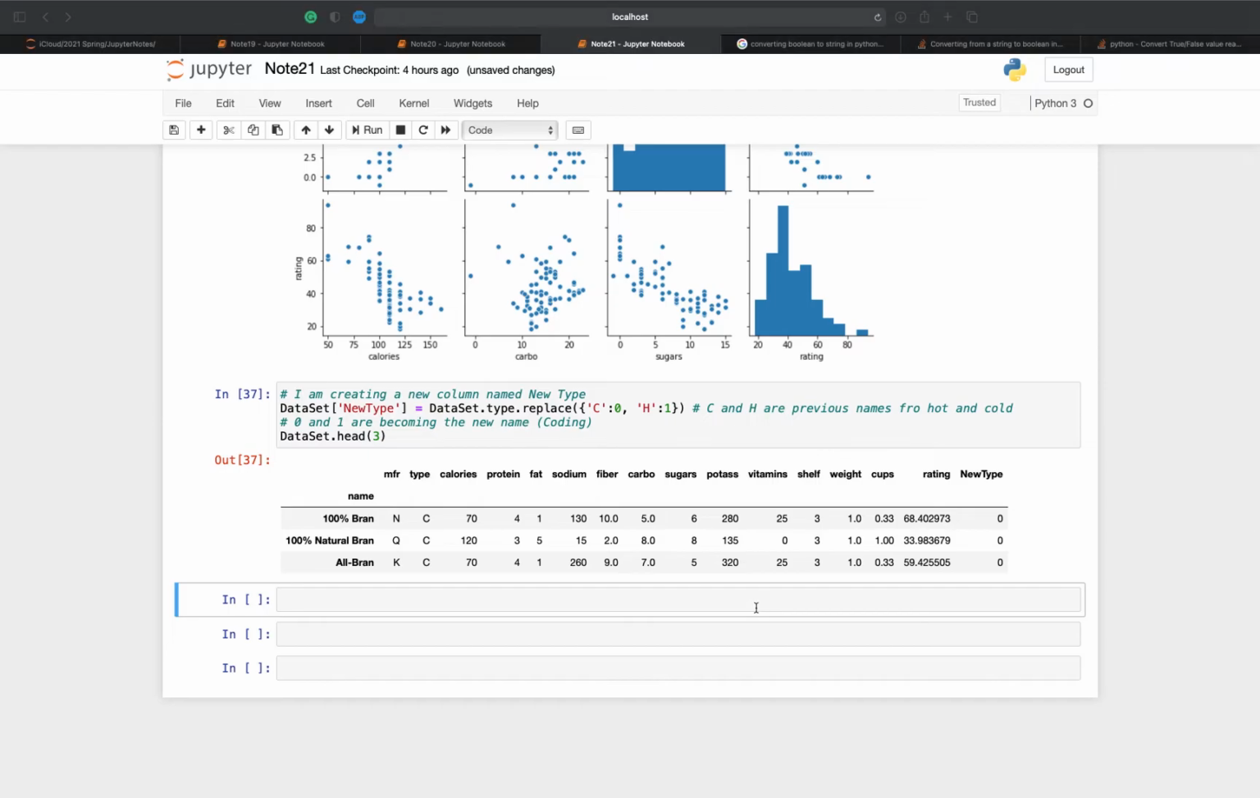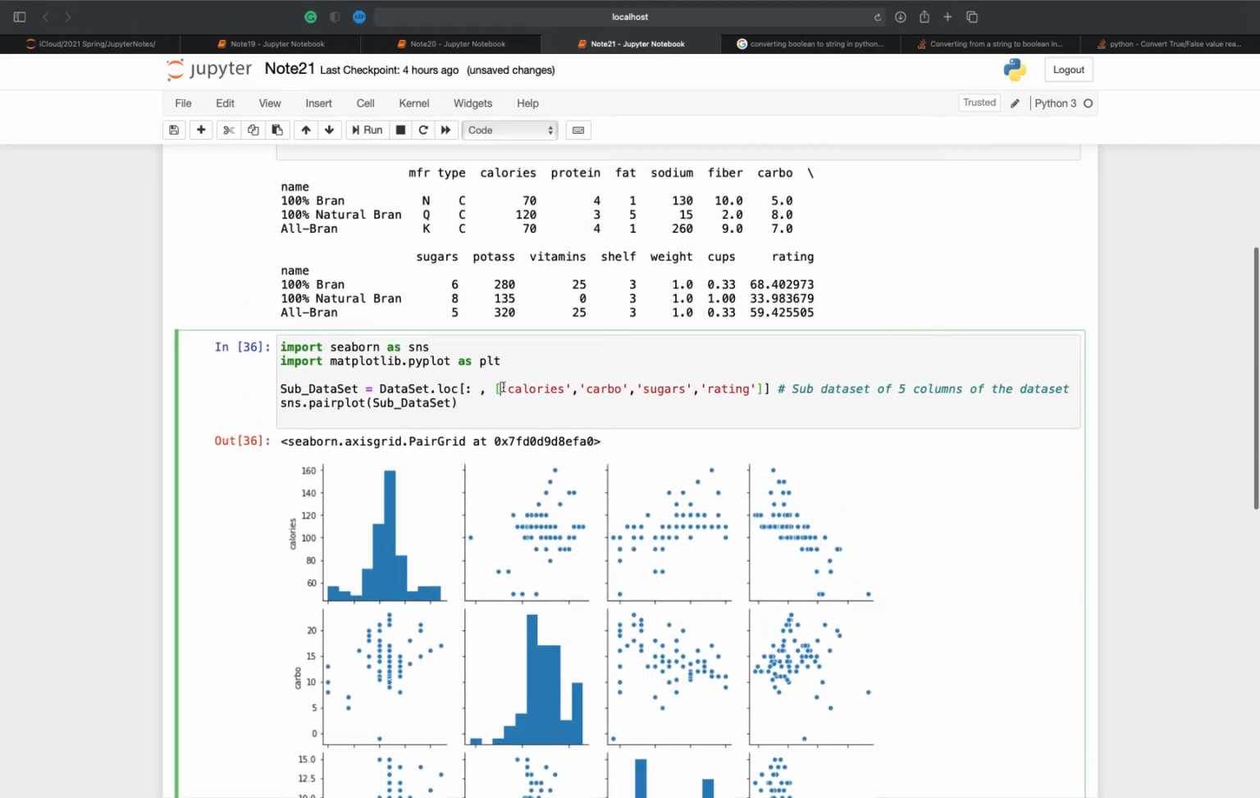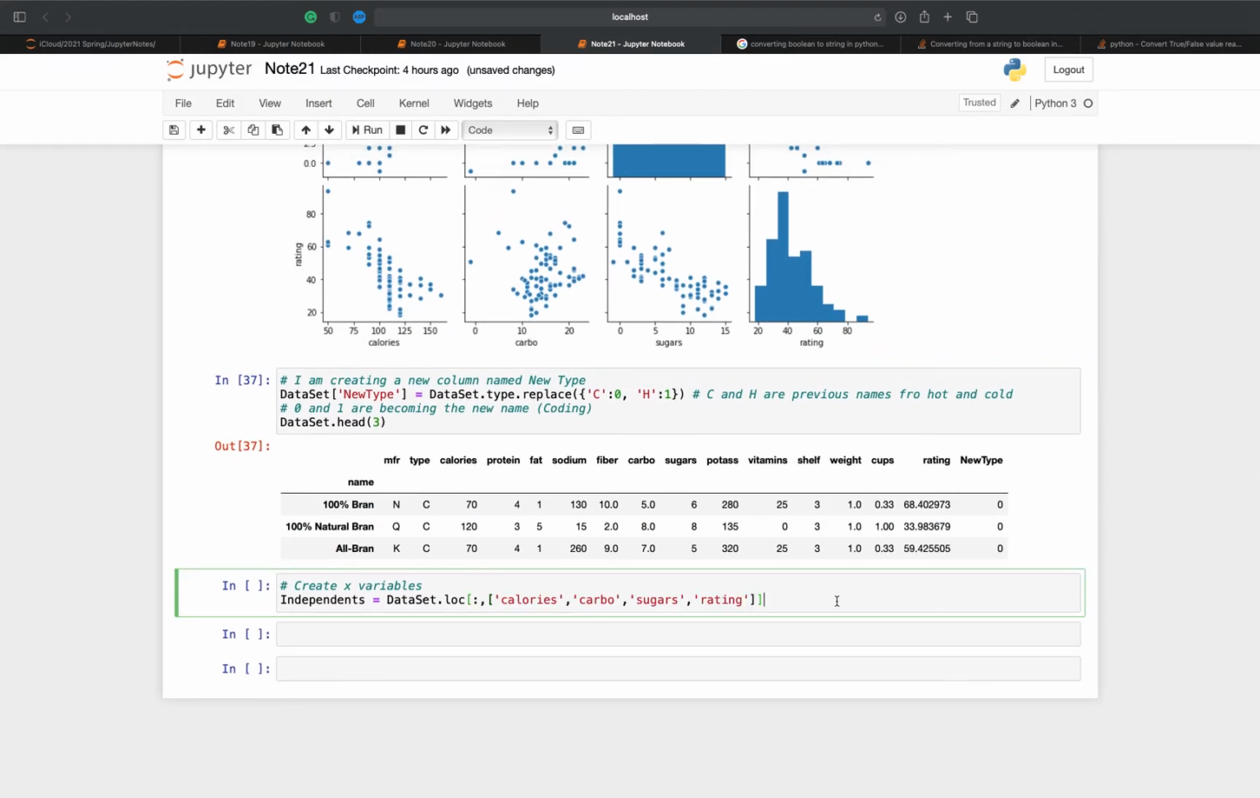Okay, so now I want to create X variables. A data frame of X variables. Let's call them independent, and dataset .loc, and okay, so I'm going to choose calorie, carb, rating, all of these,